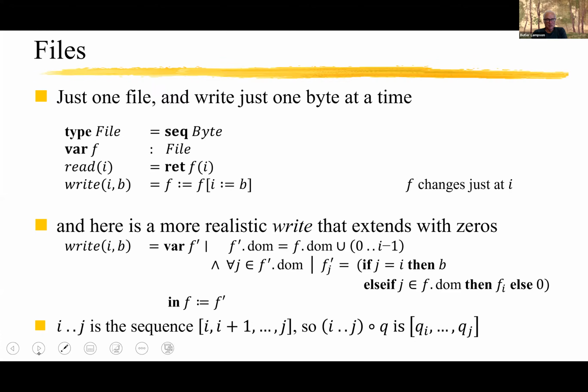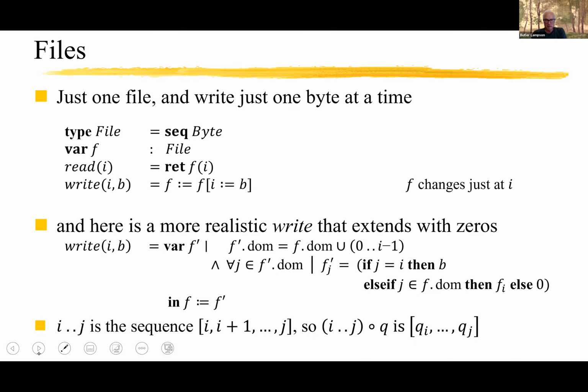We introduce a variable f', which has a domain that is the domain of f plus all the integers between 0 and i minus 1. So in case i is bigger than the length of f so far, we're going to extend the domain. And then for every j in the domain of this f'